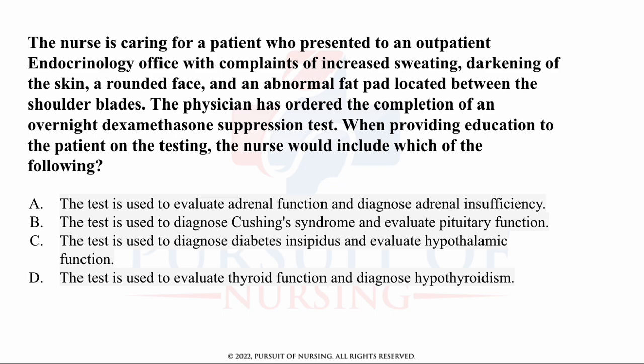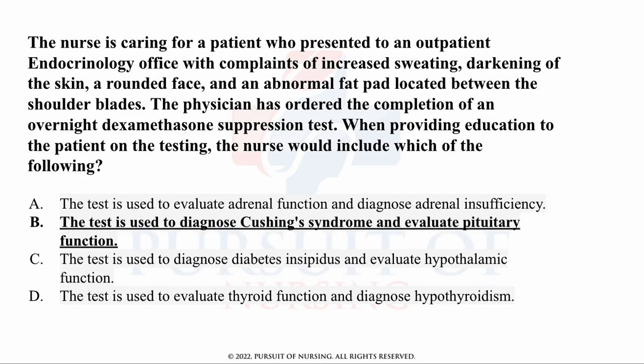So we have a patient that is going to be completing a dexamethasone suppression test. So what teaching are you going to provide to the patient in regards to that testing? All right, so the correct answer option is that the test is used to diagnose Cushing's syndrome and to evaluate